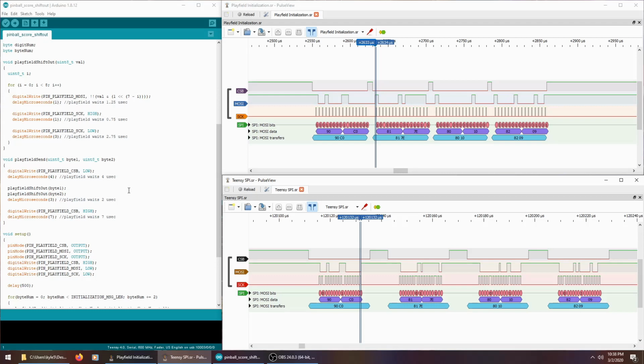There's no delays, and especially on this Teensy, it's a super fast chip, so much faster than a regular Arduino. It was just blazing fast when I was using the relatively slow shift out function. So to get the timing just right, I actually wrote my own shift out function over here, and I inserted delays down to microsecond precision